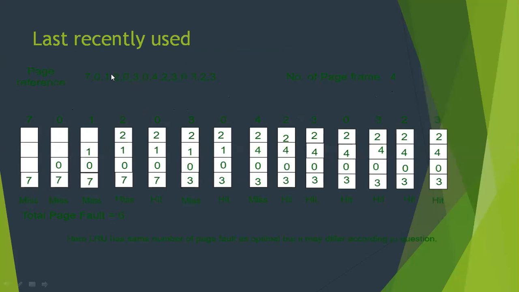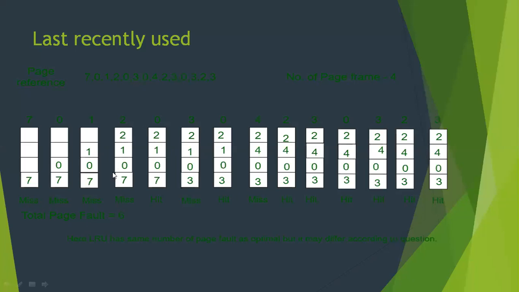Then after 7, 0 will come. Here also a page fault occurs because 0 is not present in memory. Then 1 comes into the picture, and a page fault occurs because 1 is not present in memory. Same for 2, a page fault occurs because 2 is not present in memory.